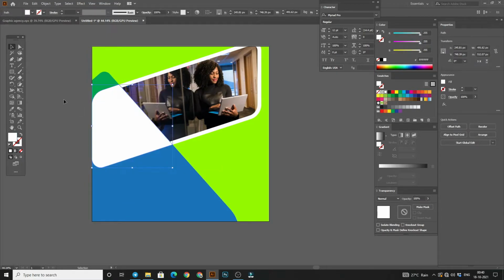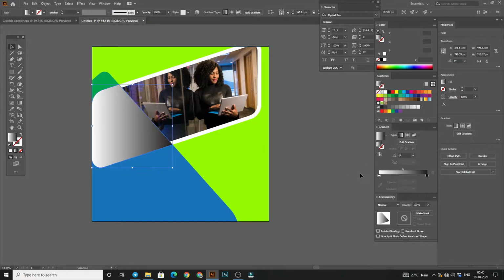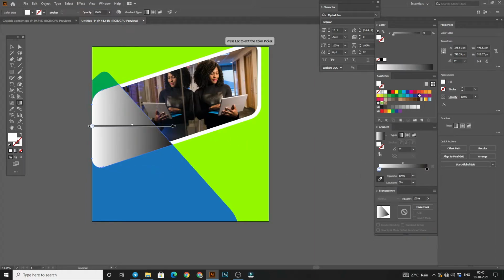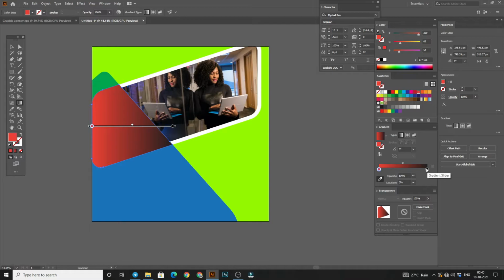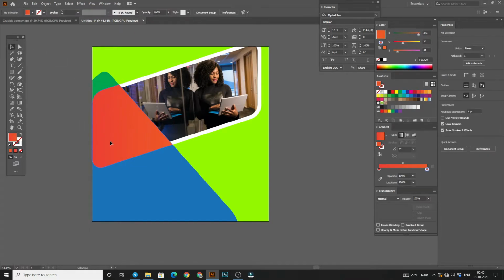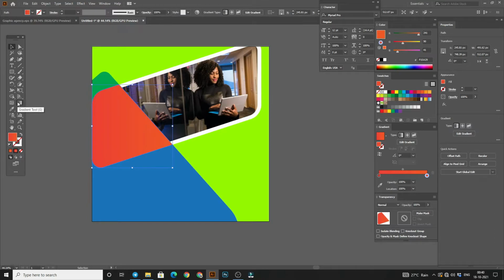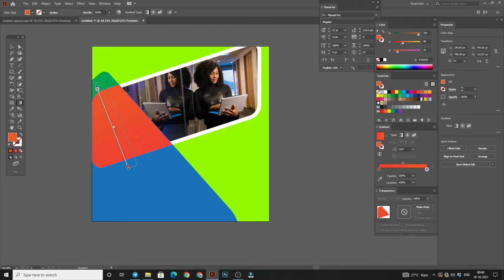Now put some gradient color like this and pick the color for it: from here this red color and from here this orange one. Now make the gradient perfect with the gradient tool. So I think it is quite enough.